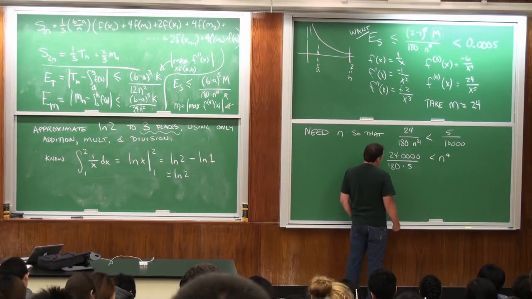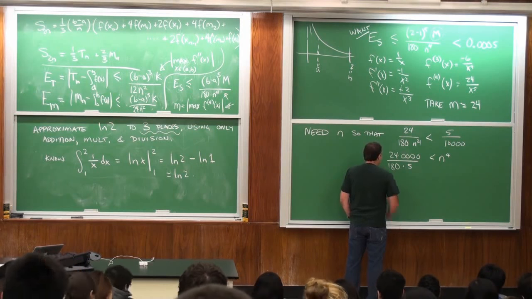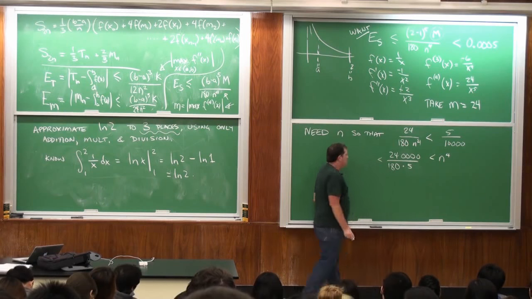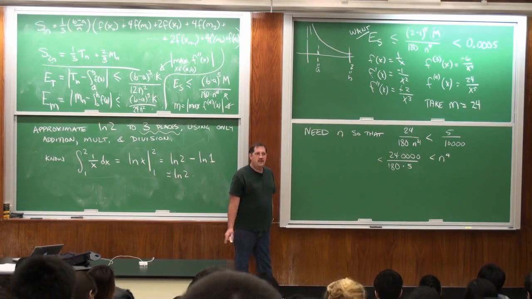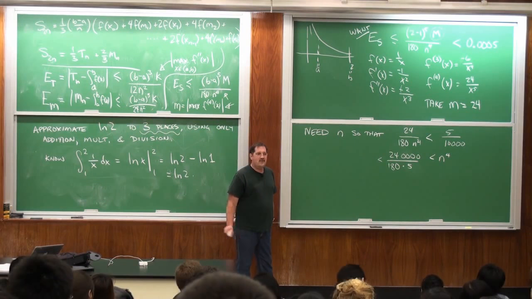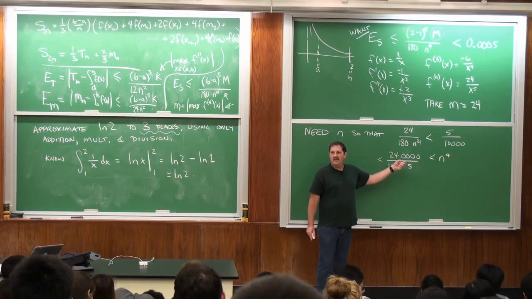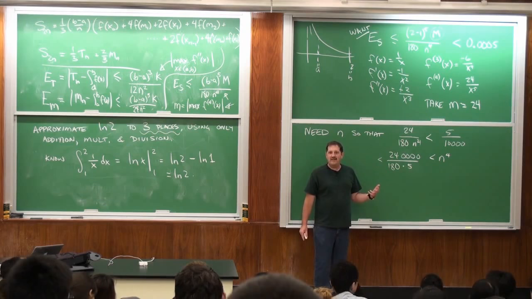Okay, so let's see. We can reduce this a little bit, I suppose. I don't know. So, of course, if we have a calculator, we can just calculate it. Are we in the 17th century or are we in the 21st century? We switch. We can go back and forth. Does somebody want to calculate this for me? No? Nobody has a calculator?